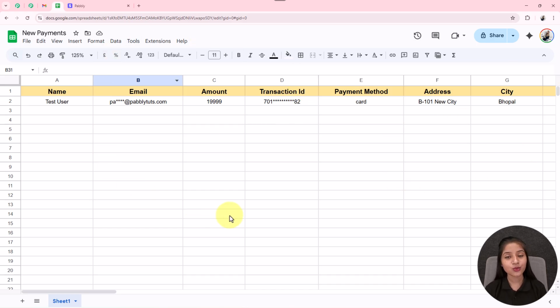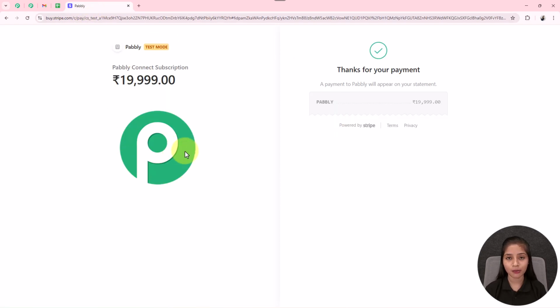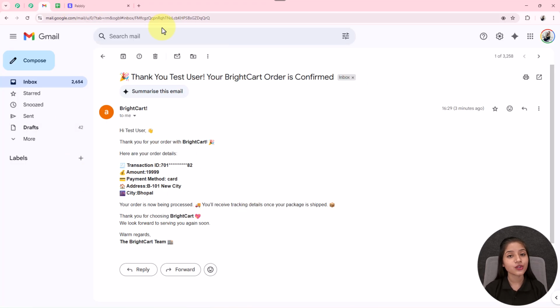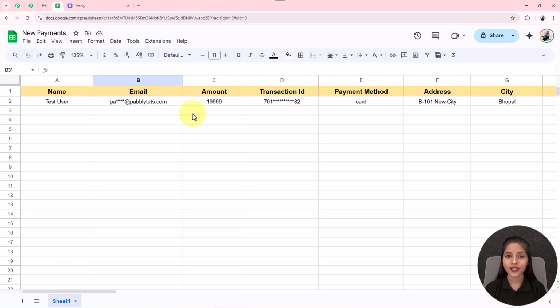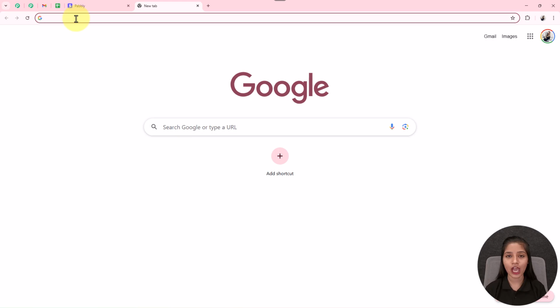So if you want to create this type of automation, that whenever any new payment is made through your Stripe account, then automatically one order update mail will be sent to your user's Gmail account, and also store their leads into your Google Sheet, then you have to follow the step-by-step instructions that I am giving you in this video. So let's get started. At first, you have to click on a new tab and search